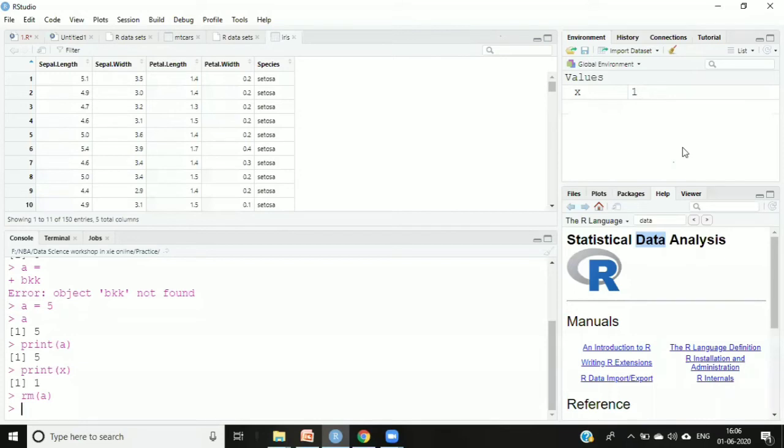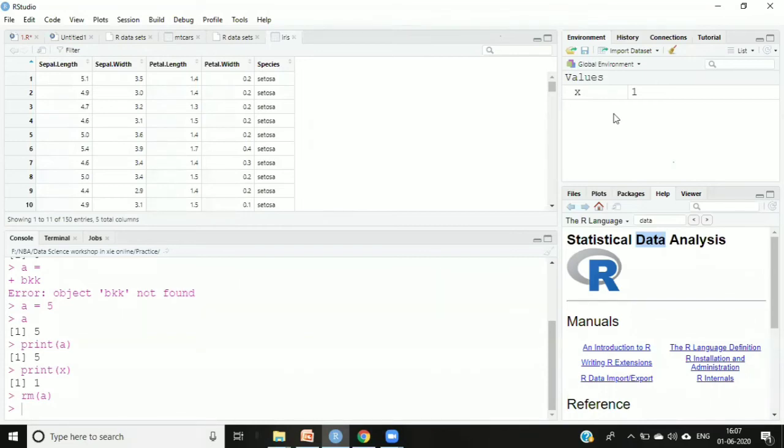You may wonder why I'm clearing this. Whenever we do a big project, we'll be running lots of big data sets, doing the training and testing, and then you will observe that lots of things get created here. This will make our things run slow. Second, if you try to run another project, the variables are already loaded inside the workspace. This is called the workspace. If the variable is already present in the workspace, we may get older values of that particular variable, and the values will not get refreshed.